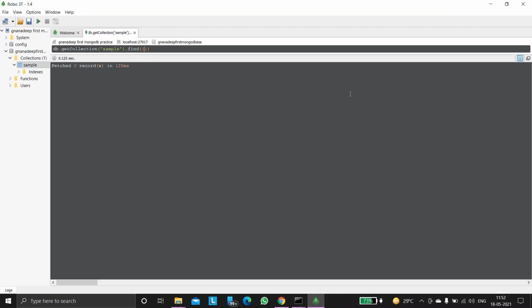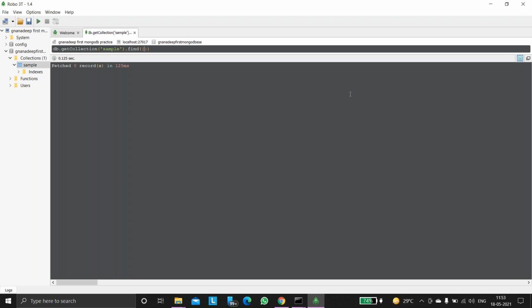See there now, this user interface is good, looking good or not? Respond everyone. Here left side we will see all the tables, and here we can write the queries, and here we can see the results. Fetched 0 records in 12 seconds. Okay, all those things we can search there.